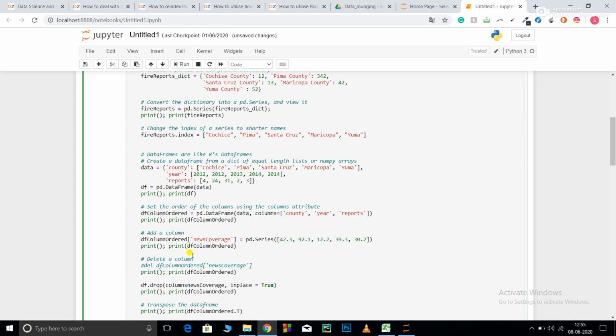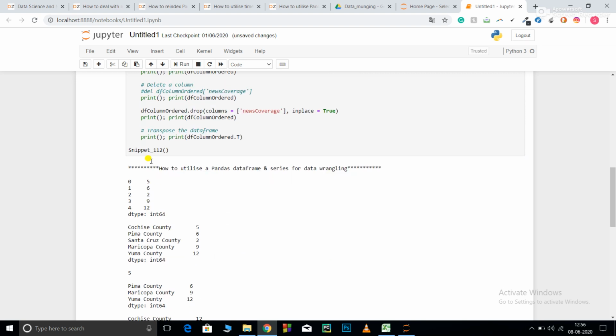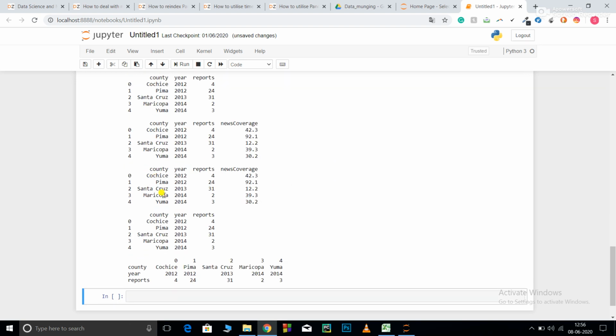I'm passing the wrong data frame. Okay. Now you can see it finally dropped my news coverage over here.